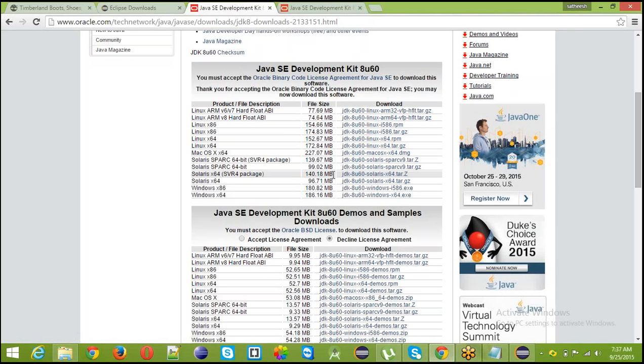After downloading, this is the exe file, exe meaning executable file, and on the Mac it is a DMG, disk image file. You just have to double click and it will be installed. Got it?